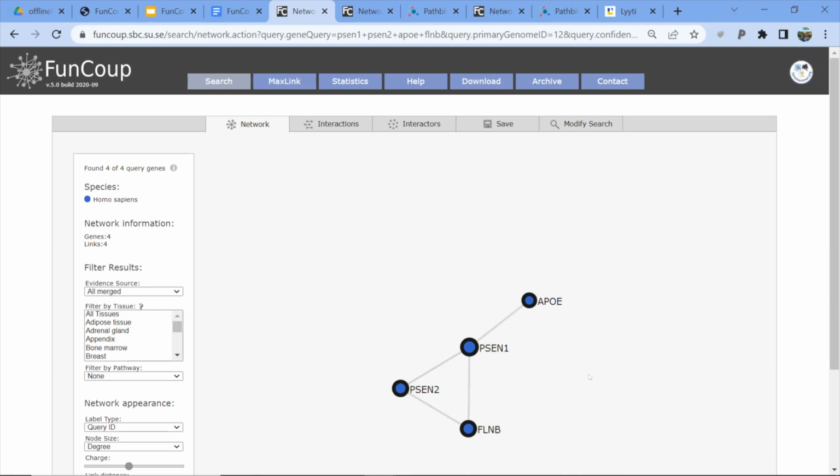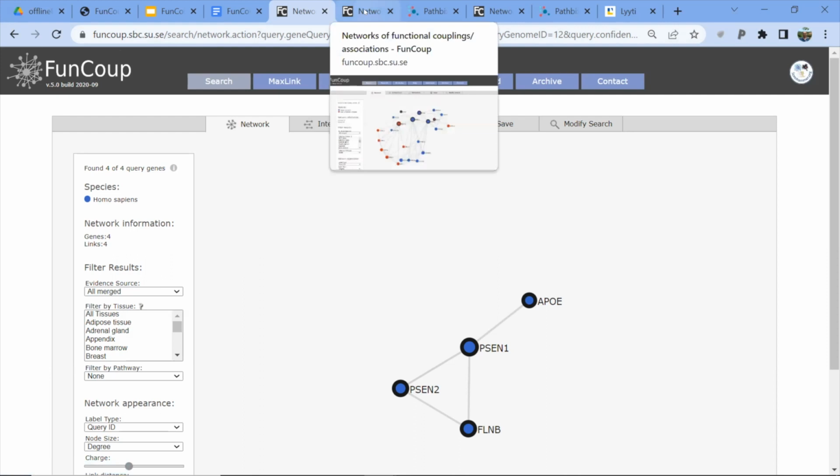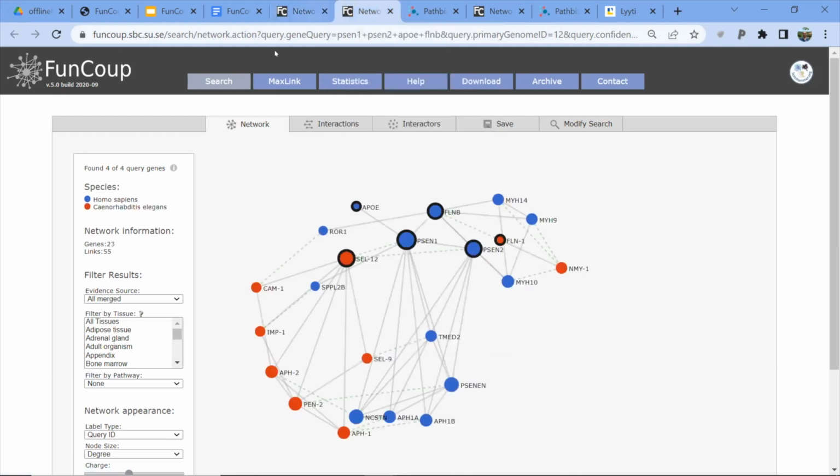You can also do this for maybe 50 or 100 genes or more. Then you might get specific clusters when you do this. So it can be quite informative. Okay, but I'm not going to show more of that. Instead,